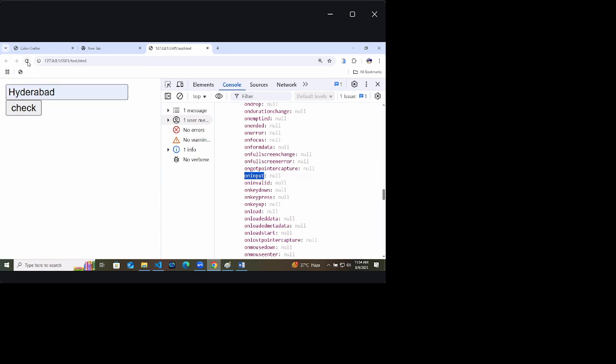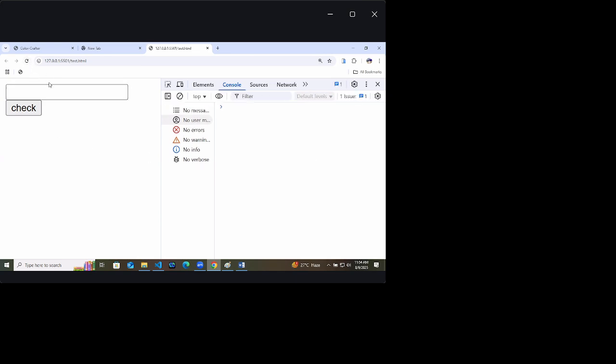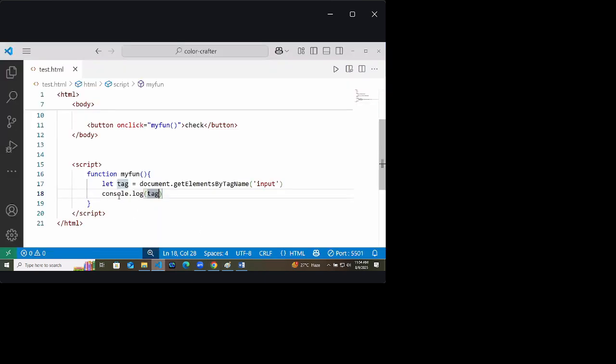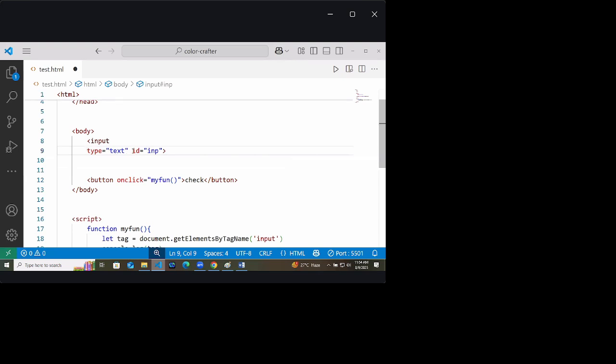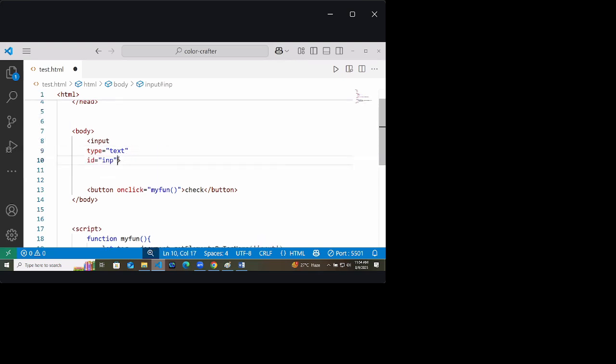Because now what is actually happening is, if I'm typing Hyderabad here, I have to click on a button, and only then is it visible. But technically, what you can do: this input tag has type as text and ID as input.